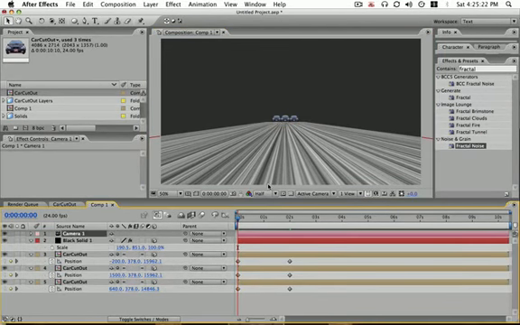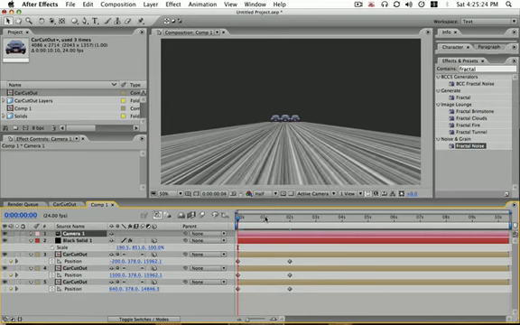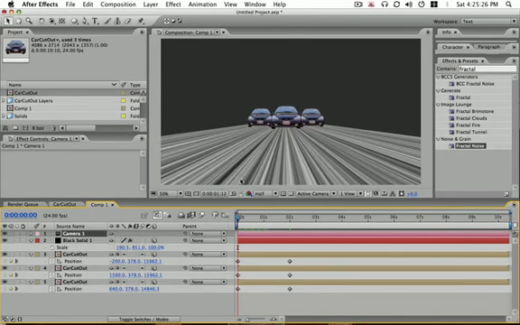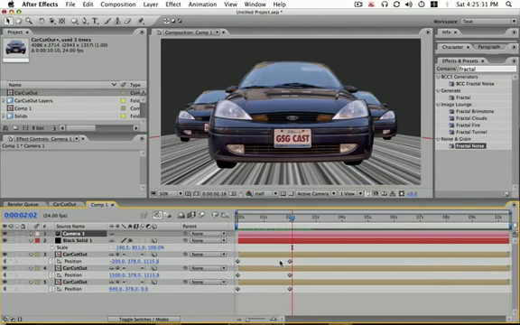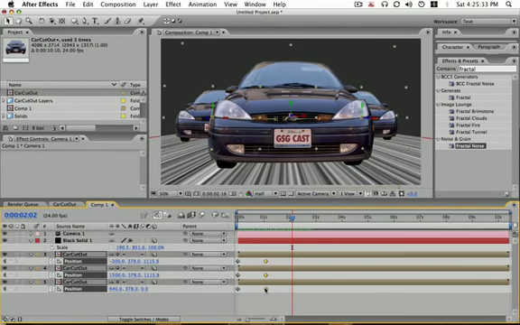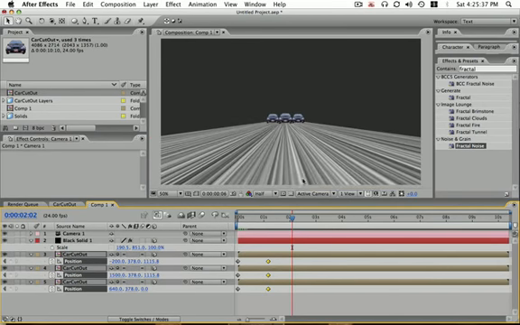And now if we look at them, they're going to kind of drive towards camera and then stop. That's actually a little slow. We're going to speed that move up, maybe about a second, maybe a little over a second. Okay, so here